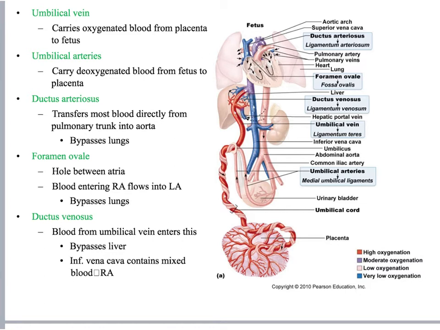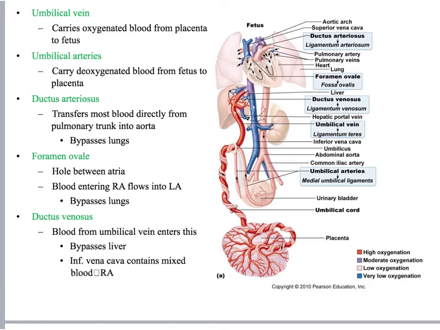And before week 3 of development, tiny spaces appear in the mesoderm. These are quickly lined by endothelial cells, and eventually these become vascular networks that are destined to become the heart, the blood vessels, and your lymphatic vessels. By the end of week 3, the embryo has a system of paired blood vessels, and the 2 vessels forming the heart have fused. By 22 days of development, a miniature heart is pumping blood for an embryo less than 2 millimeters long, if you can believe it.